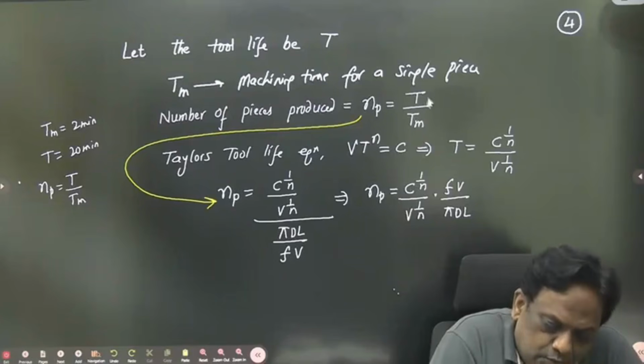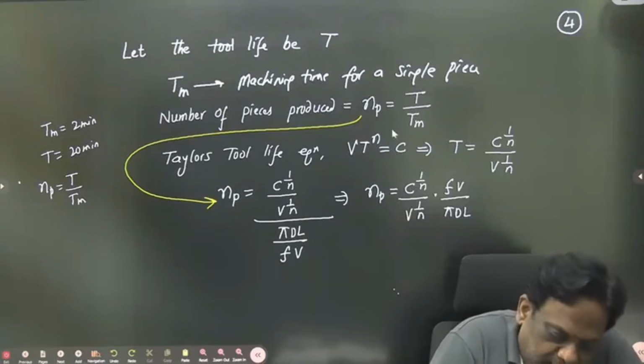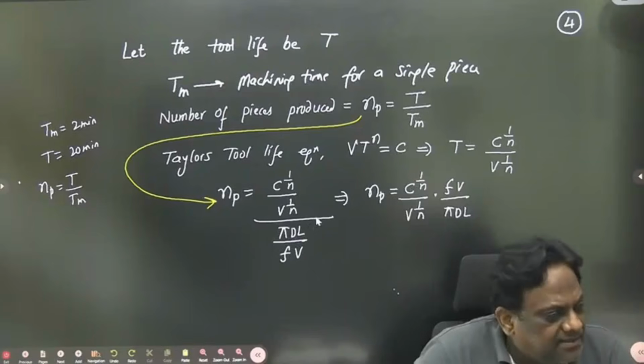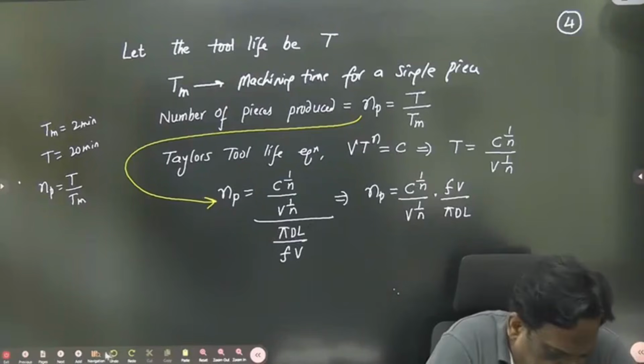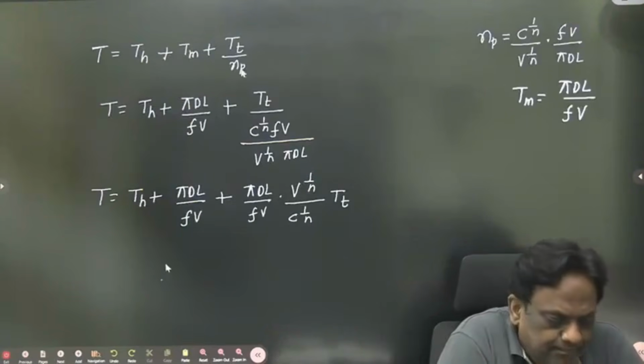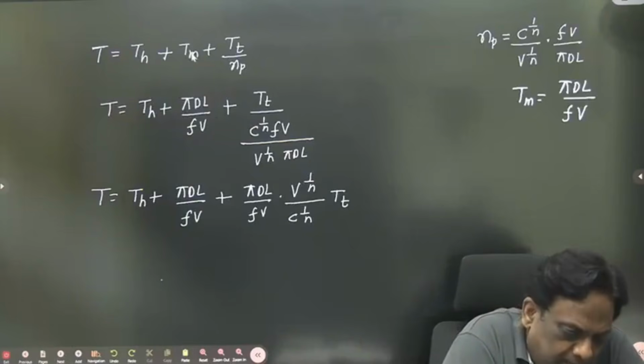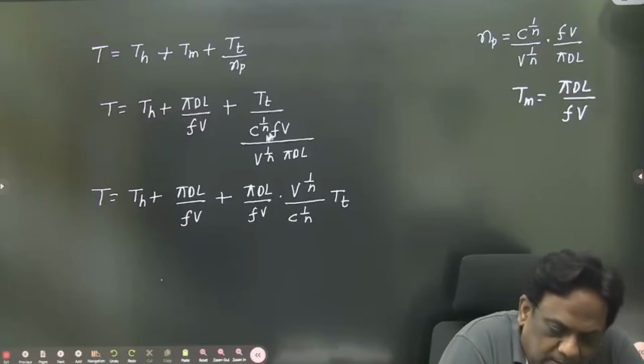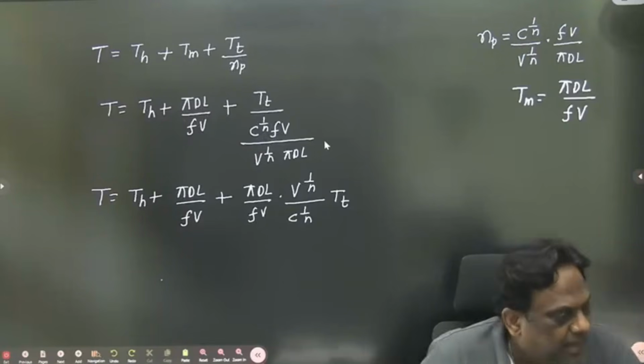Number of pieces is equal to tool life, already you know, divided by machining time. ये लिखा. और क्या दिक्कत है sir? And all Np. तो यहाँ पे everything is there. Already you know Tm, machining time I have put. Then Tt by Np. Number of pieces अभी तो calculate किए. Say this value हो गया sir.